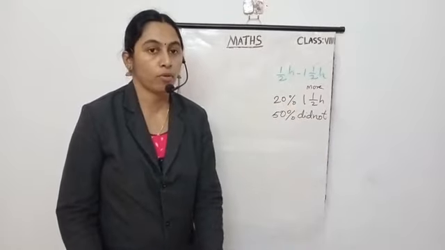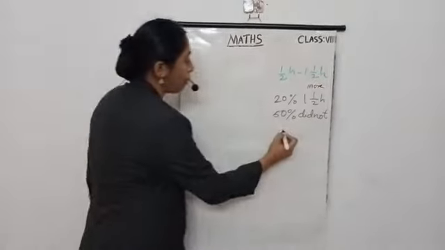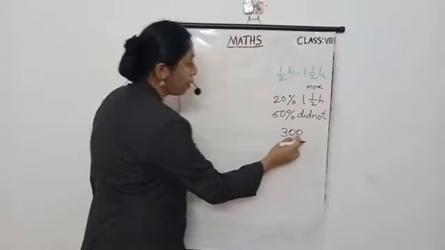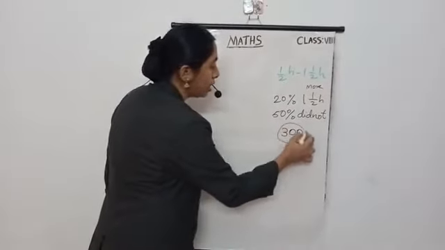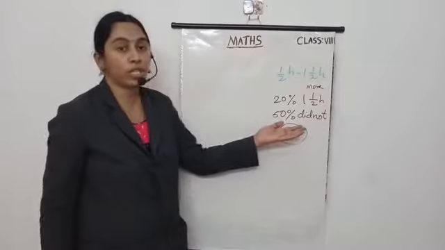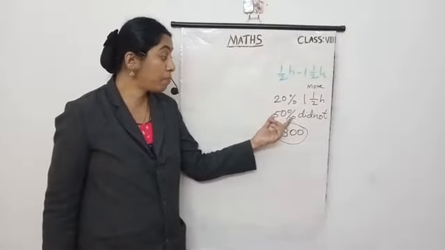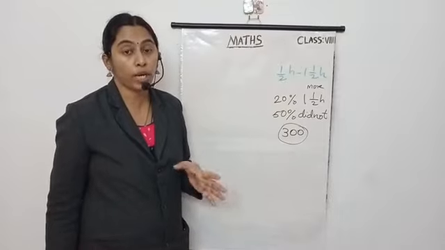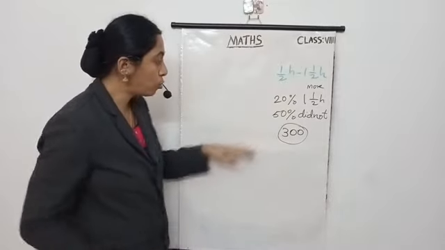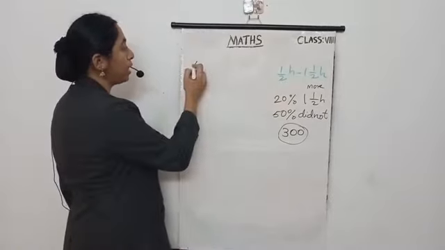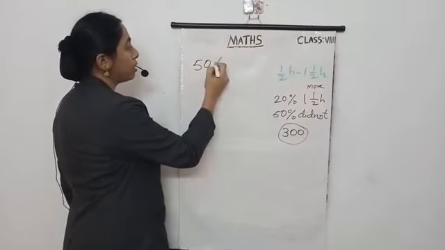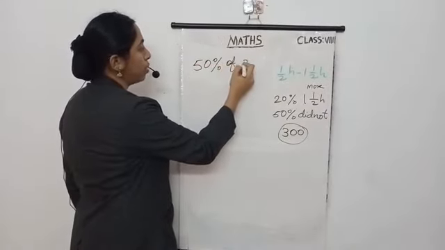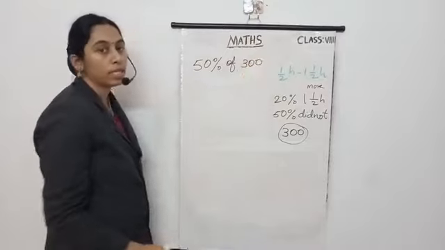Now sub question 2, how many said that they did not help? So we need to find its number. We now know the total number of parents surveyed is 300. How many did not help? 50% of these total parents did not help at all. So we need to find 50% of these total parents, that is 50% of 300.